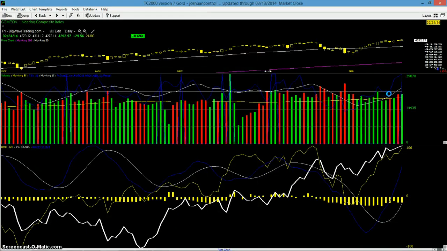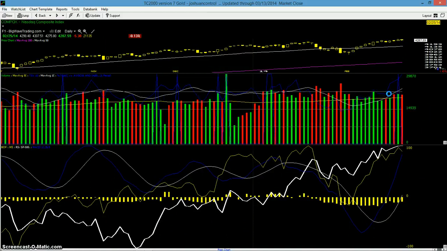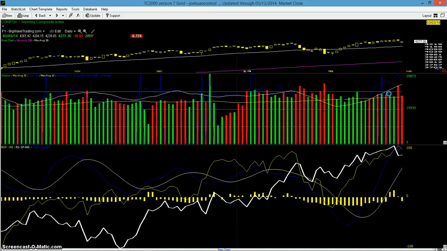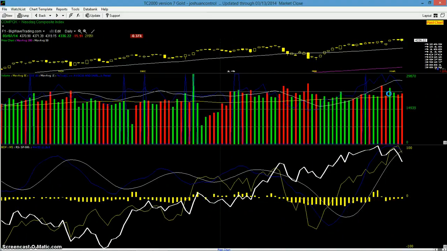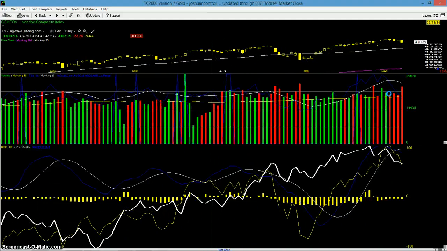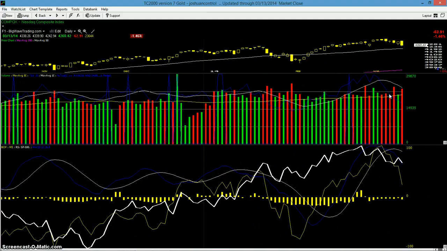We get an up day, so that's day one. We get another. We don't get a distribution day yet. We get a distribution day here, technically. We get another distribution day here, down 0.37%. And we get another distribution day here, and now we have another distribution day. So they're starting to really add up now, and with the velocity of the volume on this move lower,